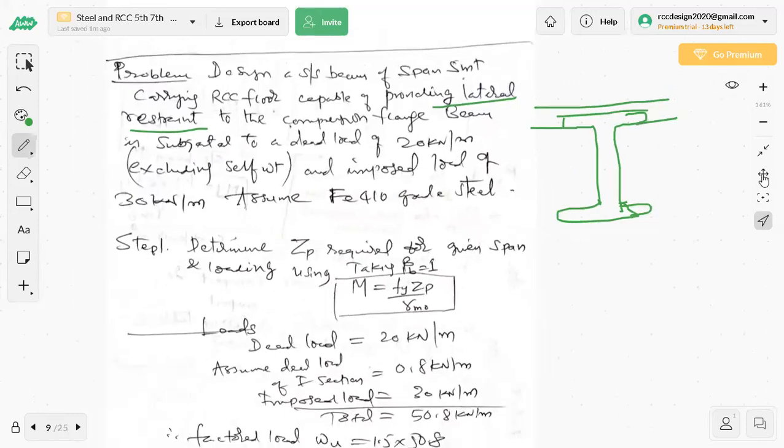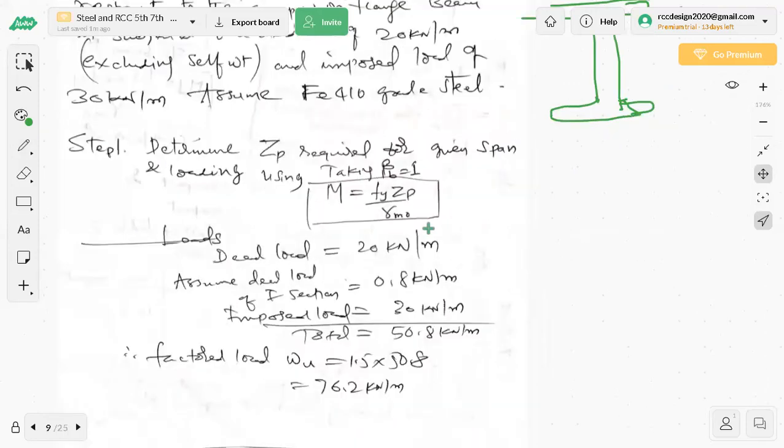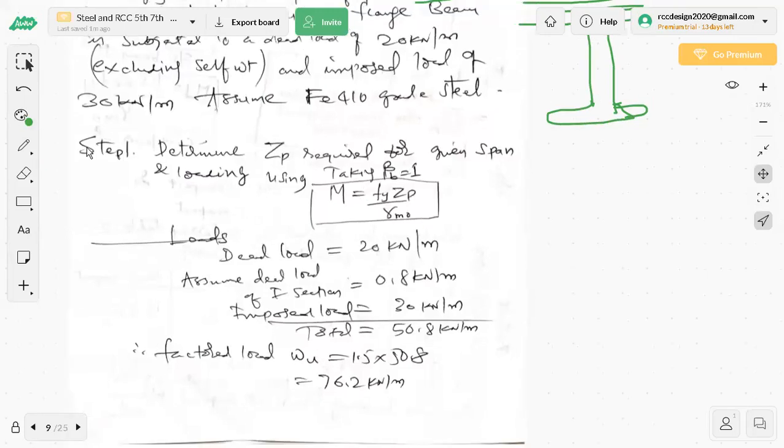Okay. So I'll explain this. Observe here. First of all, you look at this formula here. Initially, you don't worry about this. You look at this formula. Actually, I should find out the bending moment first, WL square by 8. Then I should use this formula. But why I have written here, observe here. Since the steel beams are designed on plastic analysis, that is why ZP, plastic section modulus, must be calculated.